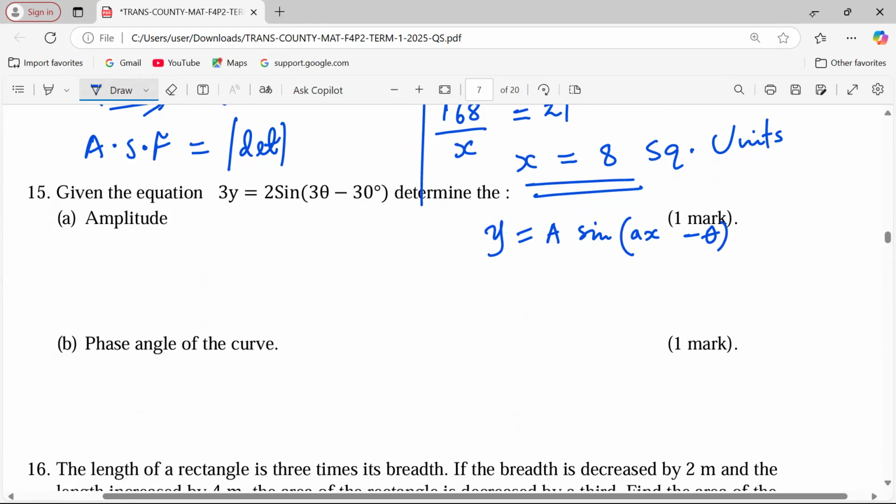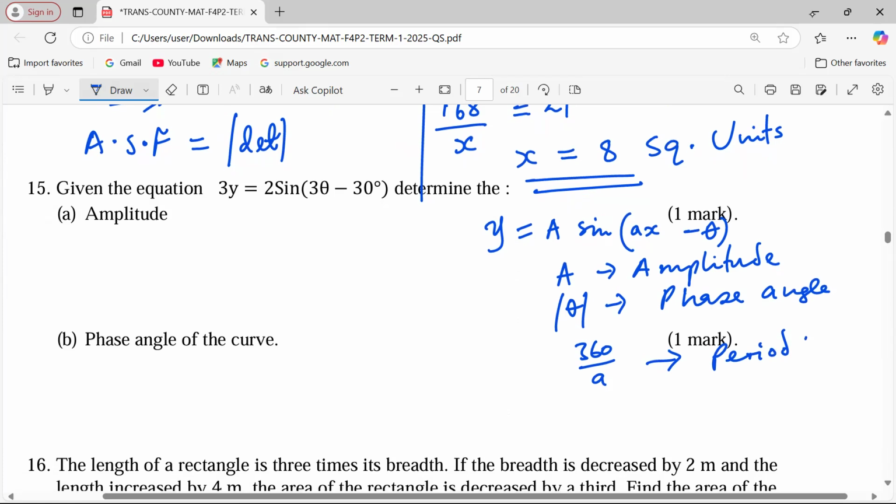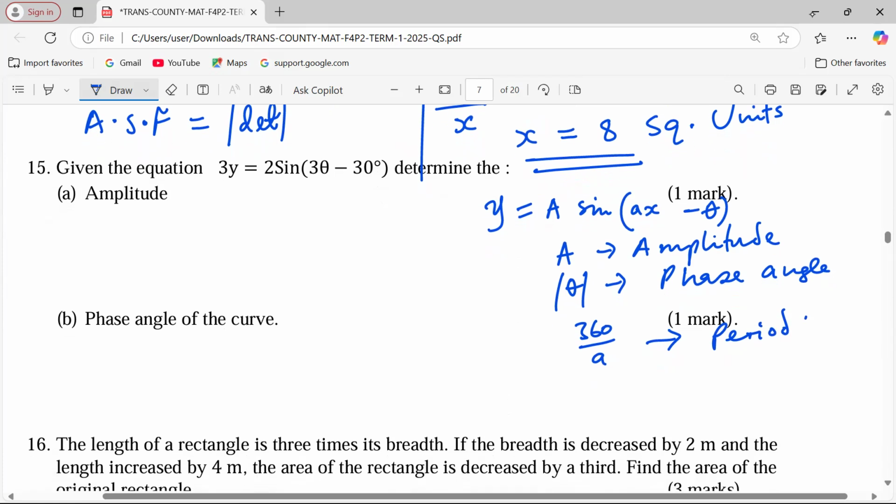we're supposed to know that a is usually the amplitude and the absolute value of theta is usually the phase angle. Then when we take 360 and divide it by a, we're supposed to get the period of the trigonometric wave. Therefore, in this one,